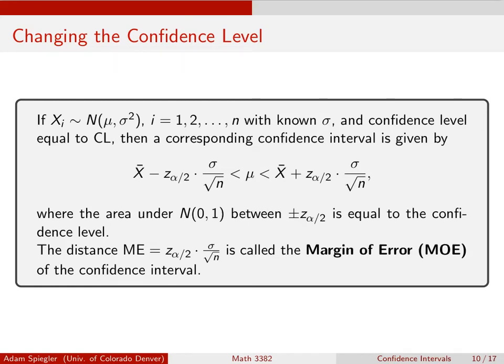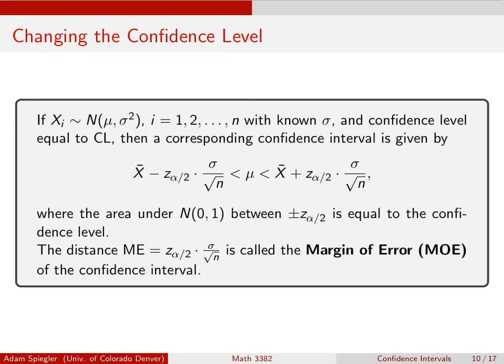Okay, so to summarize the previous example where we were estimating the mean weight of all female Komodo dragons, we looked at this with a 95% confidence interval versus a 90% confidence interval. So more generally speaking, if I have a population here, which is normally distributed with mean and known variance,